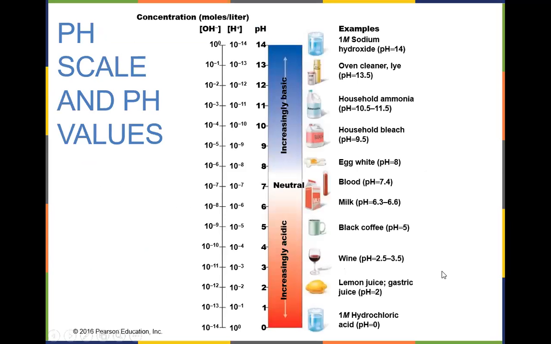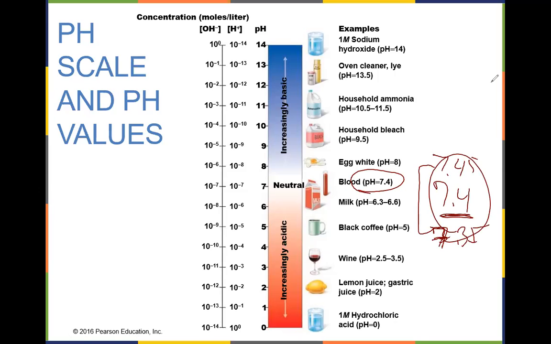Now, our bodies tend to remain at 7.4, which is slightly alkaline. You can see we tend to stay right around pH of 7.4. And we find that if we get above 7.45 or below 7.35, we get in trouble. Our bodies have a very narrow range that we operate in. 7.35 to 7.45 is that range. We like to stay at 7.4.